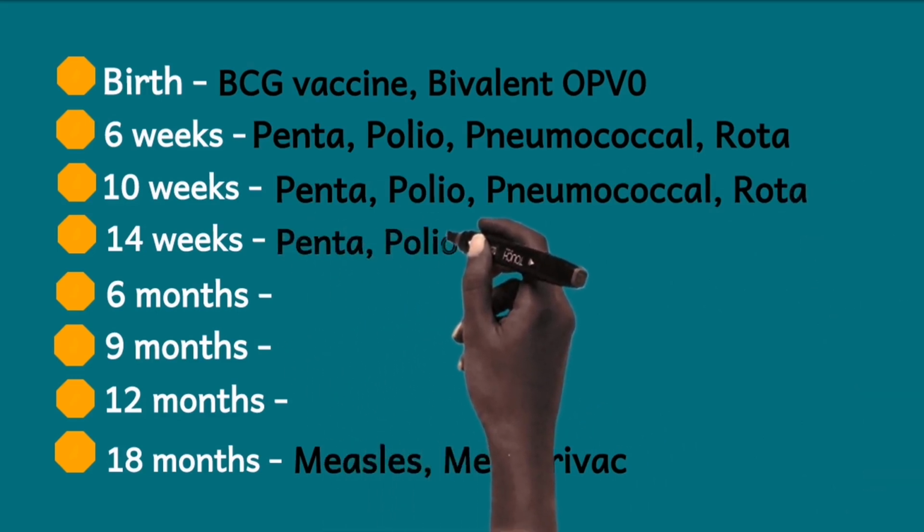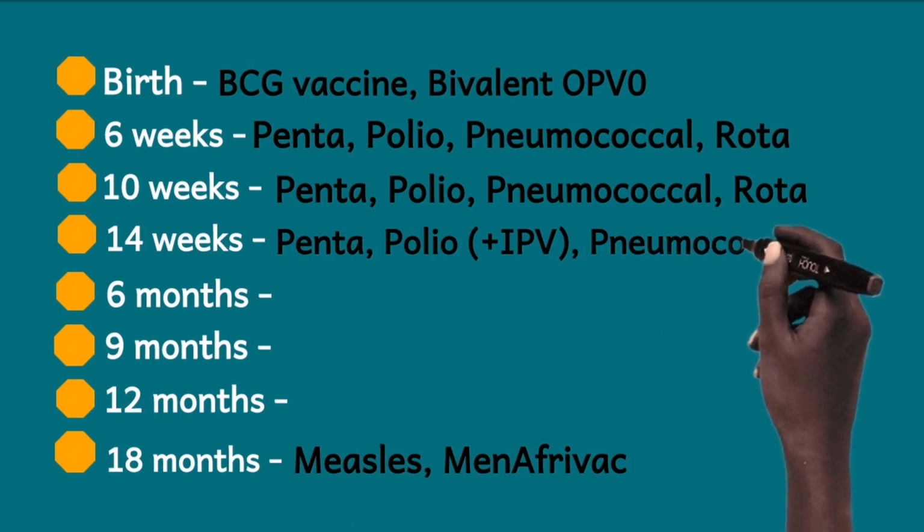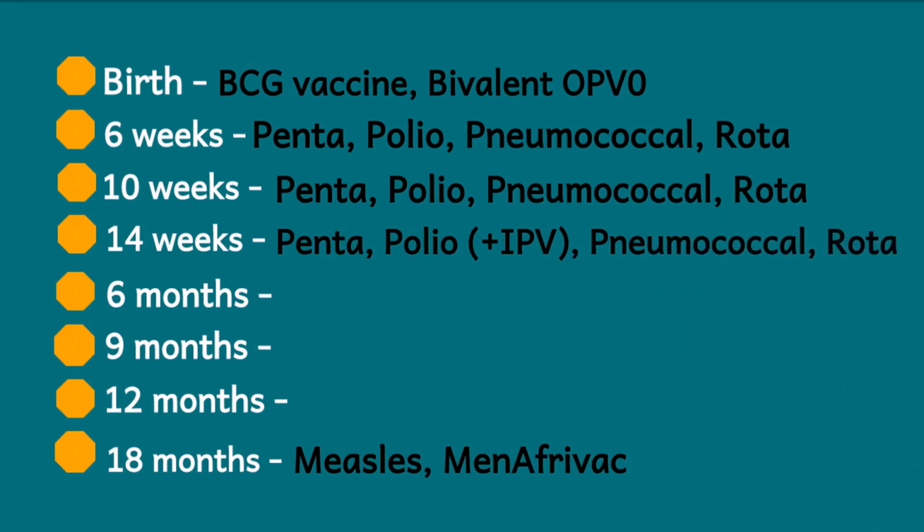But she said that the difference here is that in addition to the oral polio, in the 14-week period, you add the inactivated polio vaccine, IPV. And so we have oral polio plus IPV, then it continues, pneumococcal, and then rota. Then she makes mention of the fact that she thinks the immunizations are too much for her child. And so if the doctor can spare the child at 6 months and then 12 months, the doctor agreed and